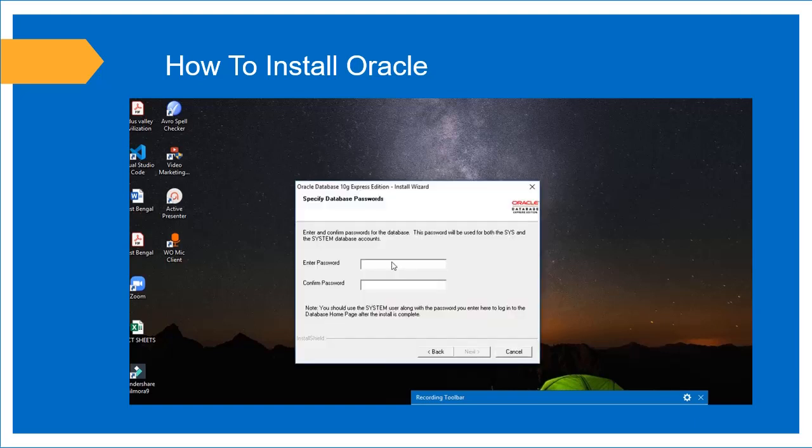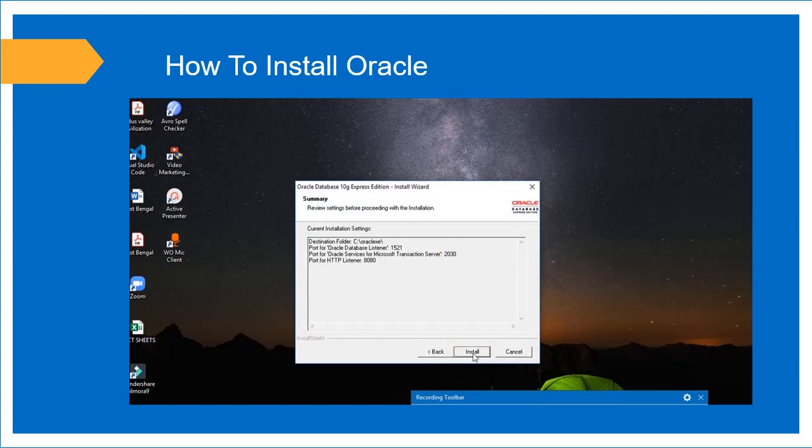Next, enter the password as system in small letters and confirm the password, also system. Then click next. Then install.